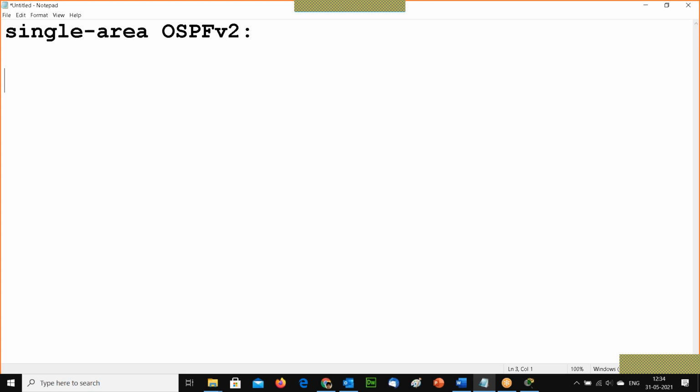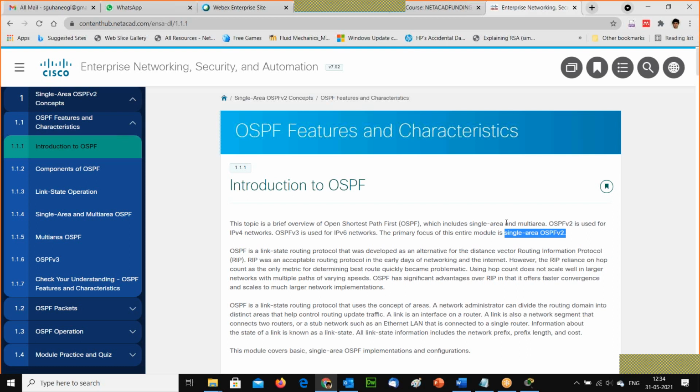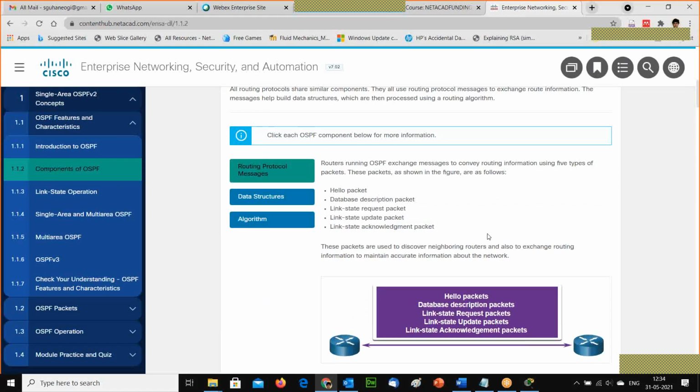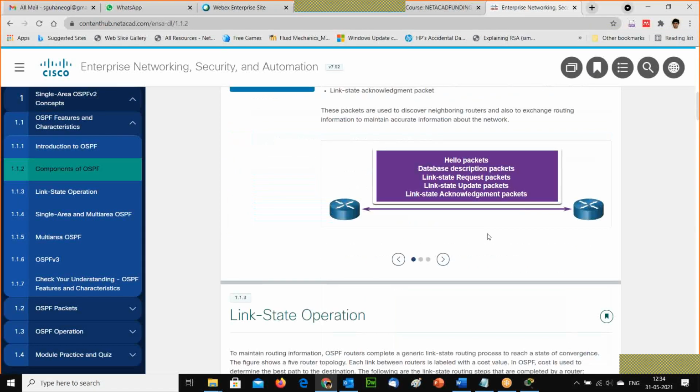Now all of you have the EIGRP configuration, and since it is almost the same, let's go and check it. What is the configuration? OSPF, the best part is that there is a designated router.